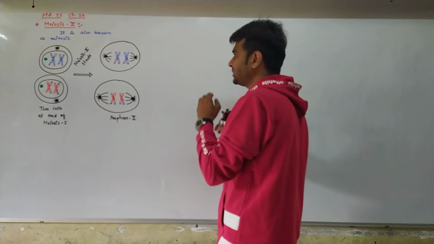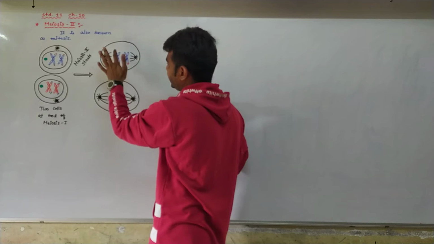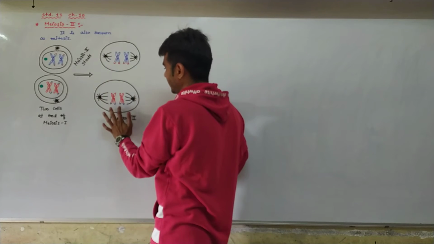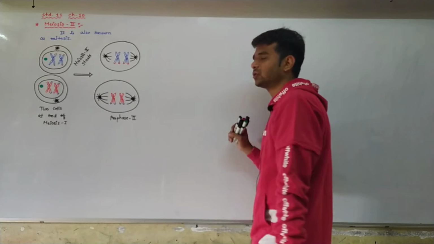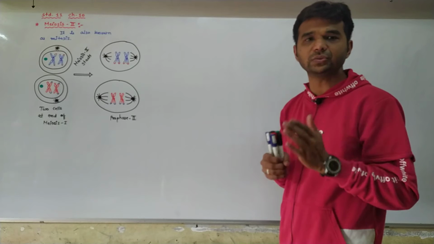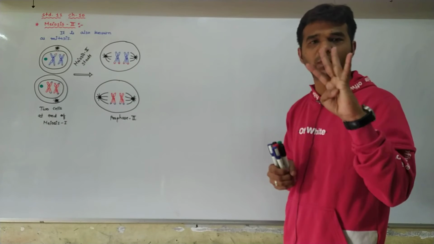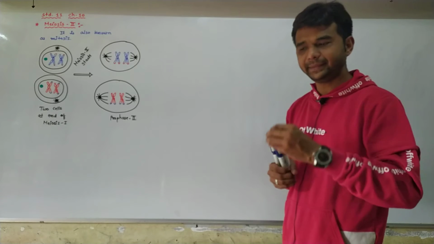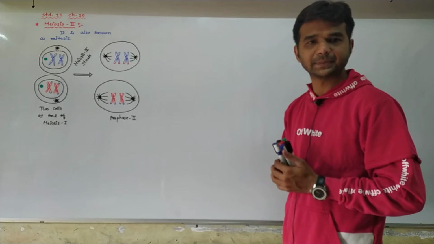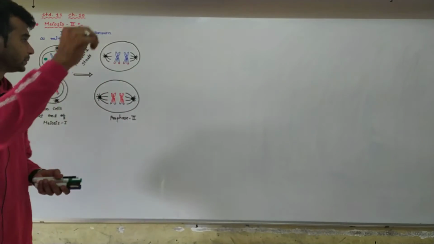But dear all students, I have made the chromosome in such a way that one arm carries this red fragment on the blue chromosome and here a blue fragment on the red chromosome, because at the end of meiosis 2 we have to form a total of 4 cells, and these cells are totally different from their parental cells. Fine. So this is prophase 2.